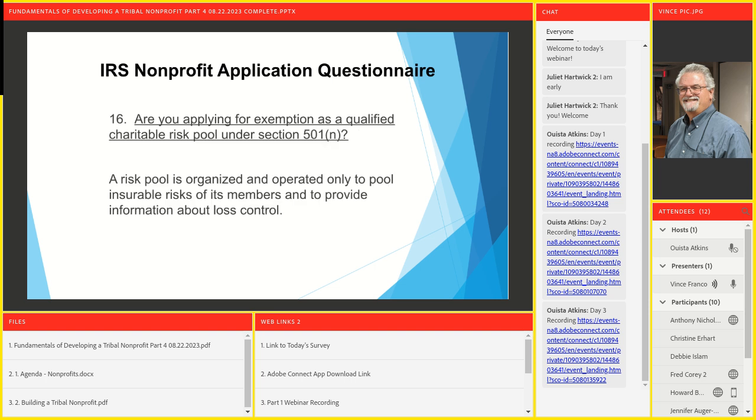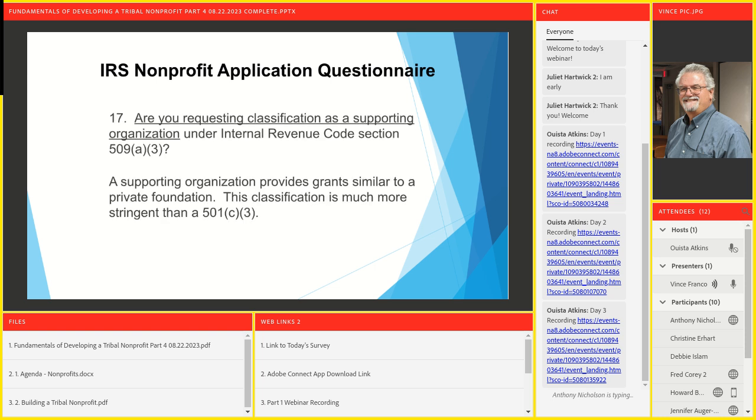Are you applying for exemption as a qualified charitable risk pool? A risk pool is organized and operated only to pool insurance risk. So you're in the insurance arena. No, so you'd answer no to that. Hopefully you're not into insurance risk pool